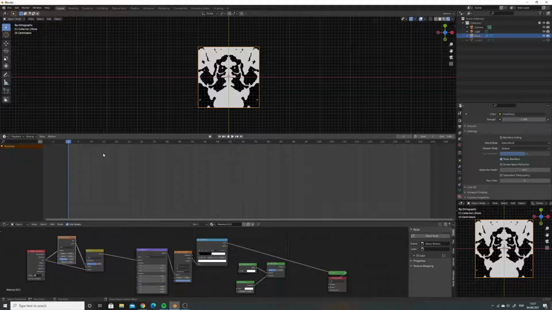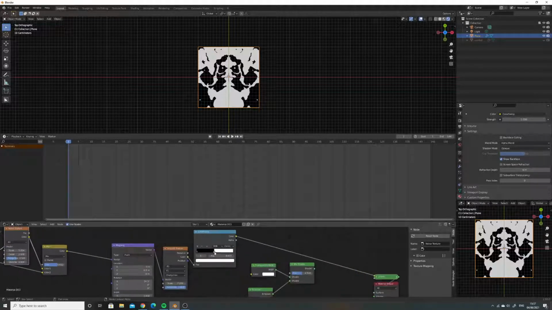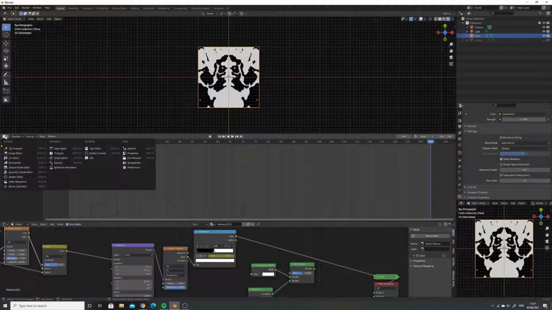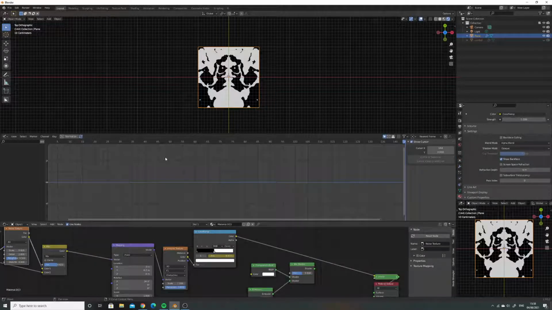So what we're going to do, open up the timeline, which I've already got here. Make sure you're back at the start on frame 1, and then we're going to keyframe this handle. You can see if I move this, we get little parts of it moving. So if I go under here where it's position and press I, that'll add a keyframe, and then we're going to go to the last keyframe and make sure it's the same and key in the exact same position with I again. Then we'll go over to the graph editor and add in a